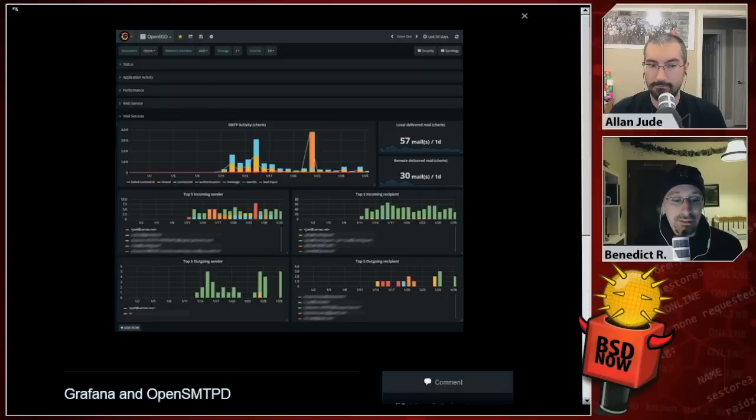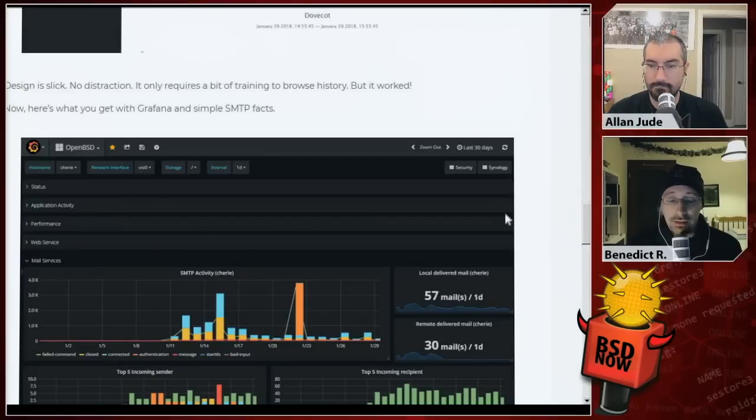This is all provided by Grafana, and having this for your logs is very important. If you've just been hit by a spam bot or whatever, then you can see, oh, this is happening, and can react. You can also configure alerts in Grafana. This is not in the blog post, but it's providing a basic infrastructure for at least sending you emails if a certain threshold is reached in the graph, then you will get notified.